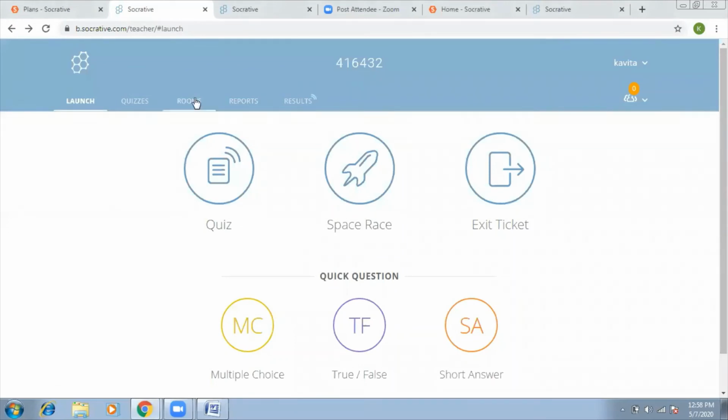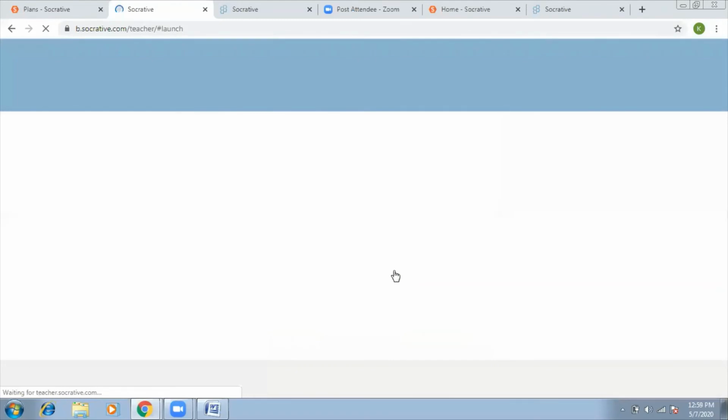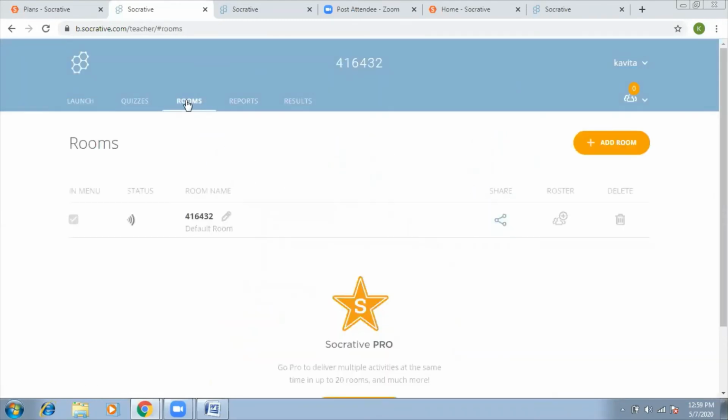Then Rooms. If you click on rooms, as I've already mentioned, since we are using a free application, we have only one room which can be shared with the others.